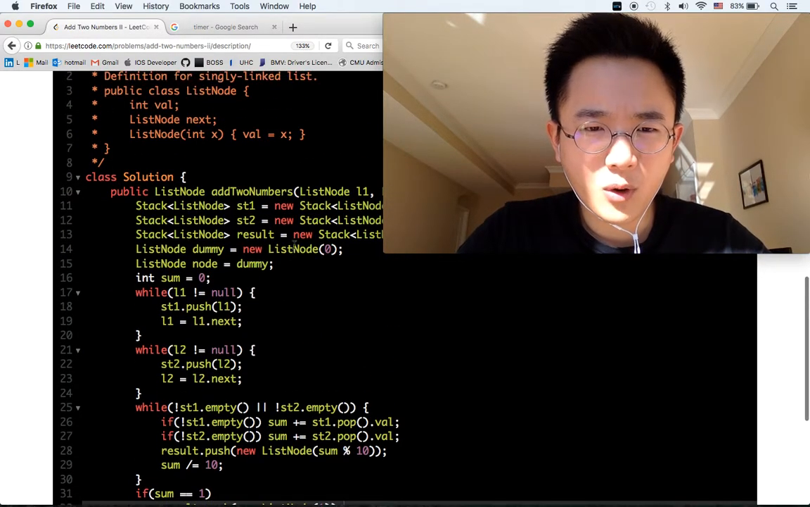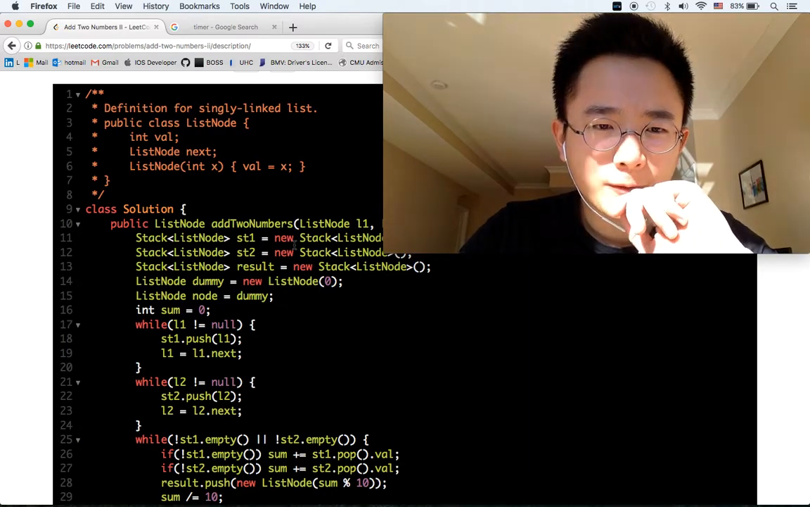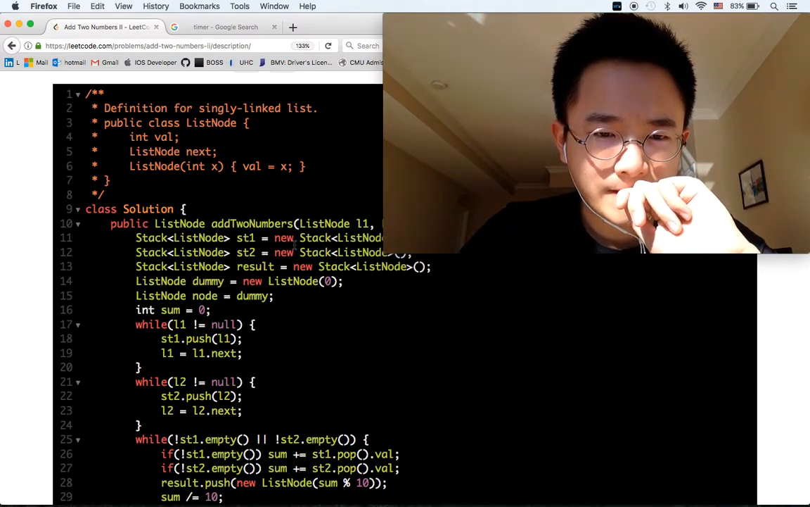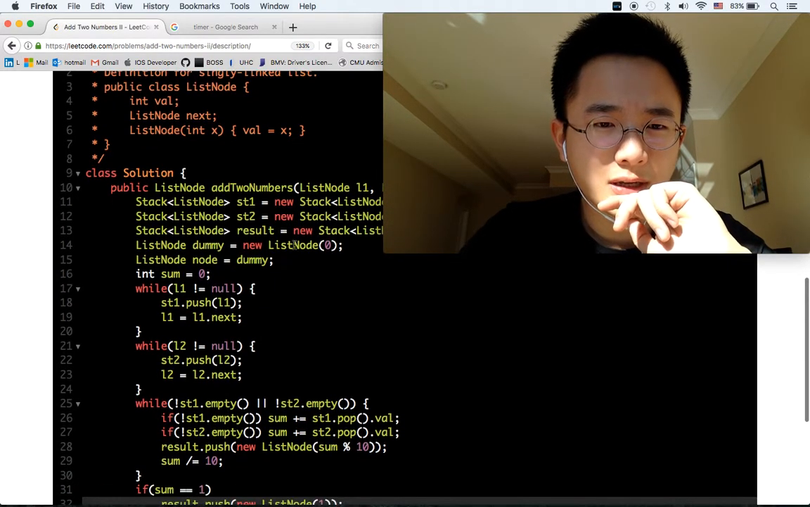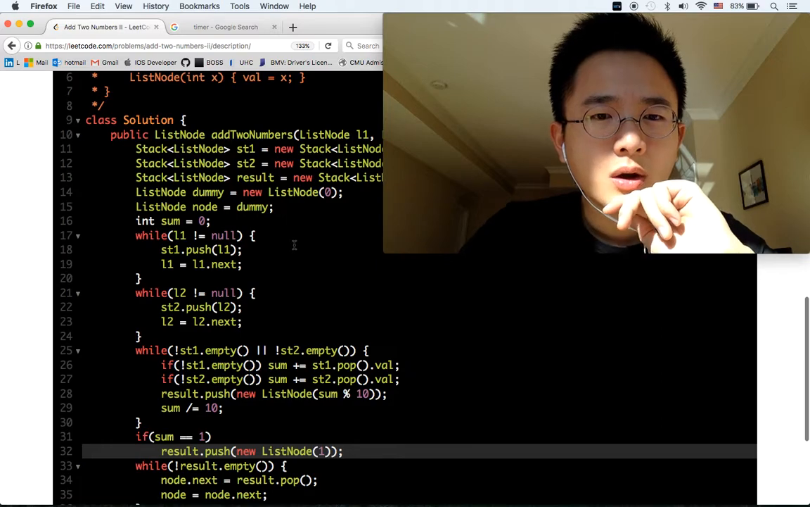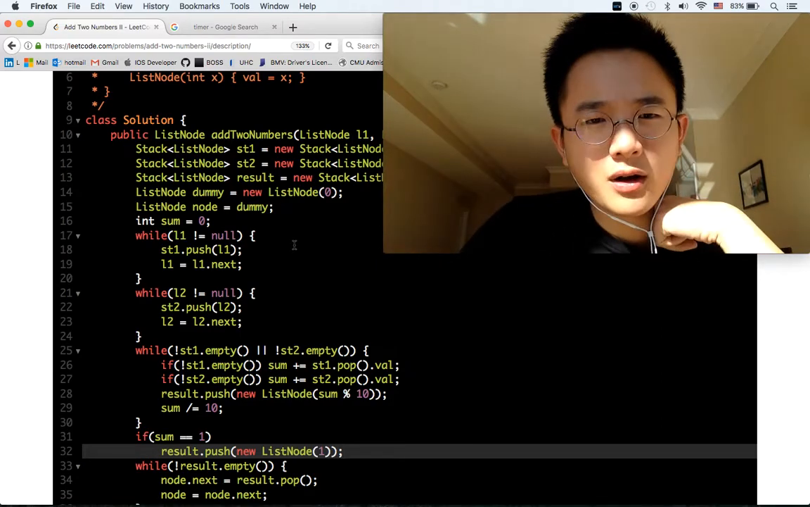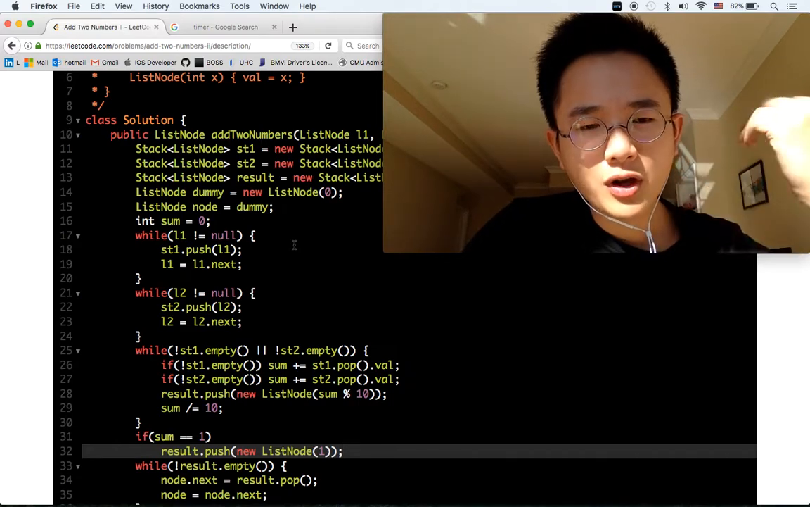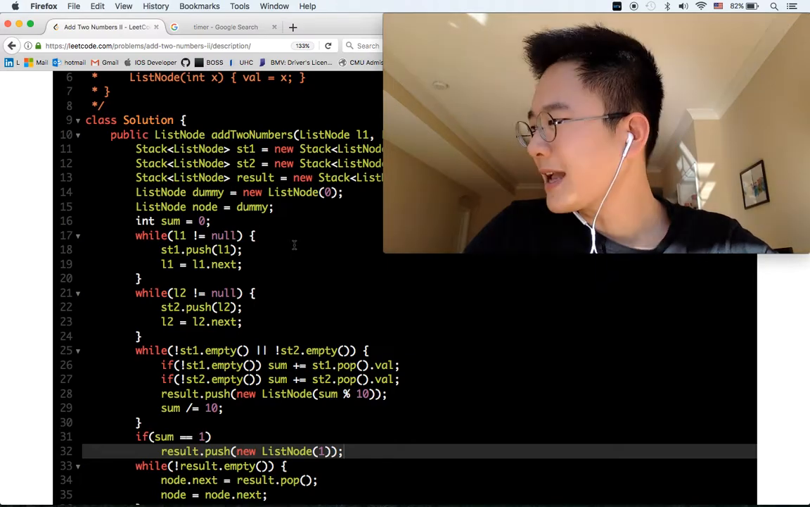So first of all, we create 3 stacks, and then list node is for the results. So sum is equal to 0. First of all, we push all the nodes from linked list 1 to stack 1,